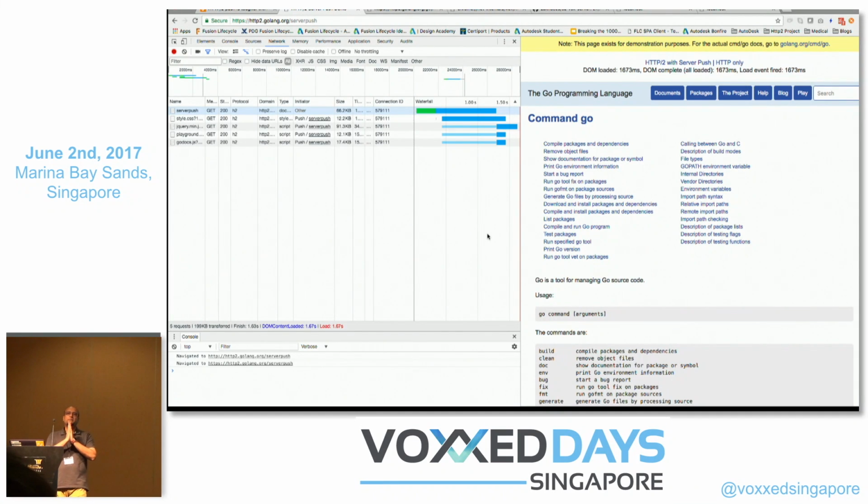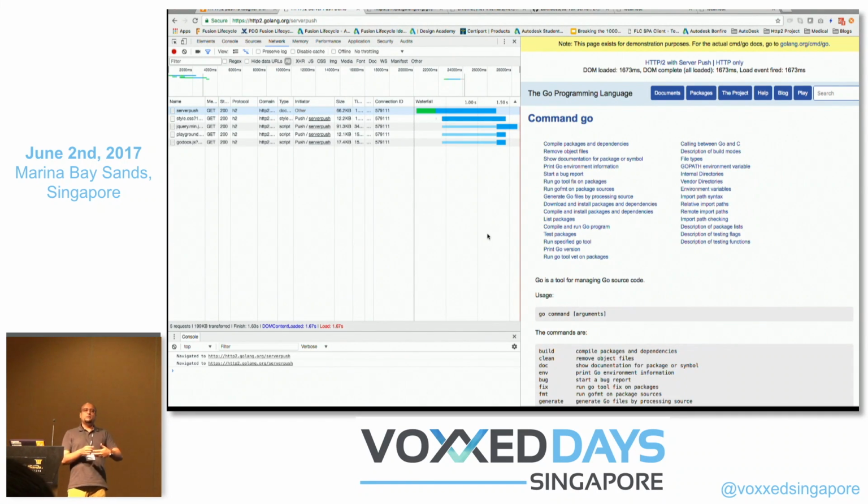What is happening behind the scenes is that when you send a request and get the response, the server also sends what are called push promises. The server is sending 4 push promises on a separate stream, not on the same stream.